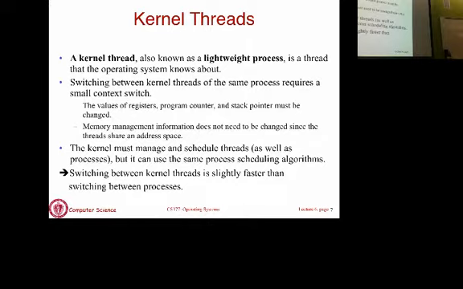Okay? So the kernel must schedule the threads if they are kernel level threads, and it can use the same scheduling algorithms, and processes that have more threads or more work to do can get more CPU time. Okay? And the other thing that I have on the slide is that switching between threads is faster than switching between processes, simply because the context switching requires you to save less state, since you don't have to handle memory management, because that's common for threads within the same process.